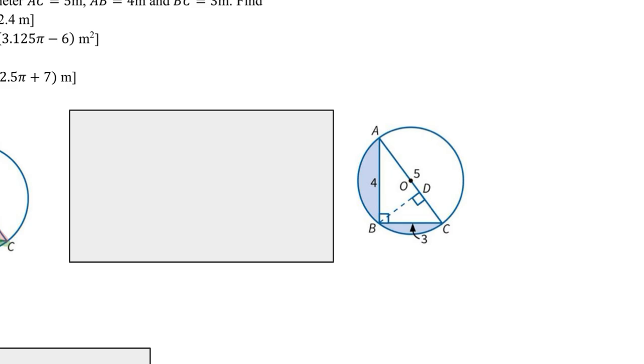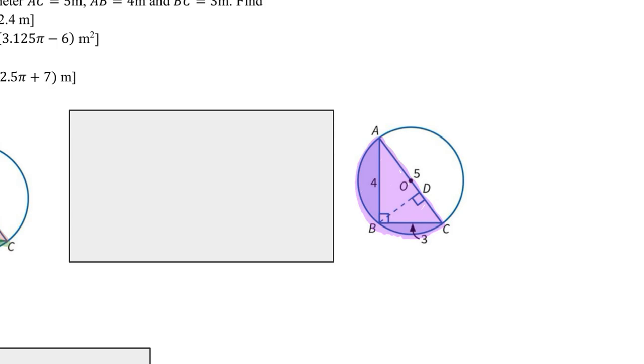If I know the semicircle area, and I already know from the previous parts